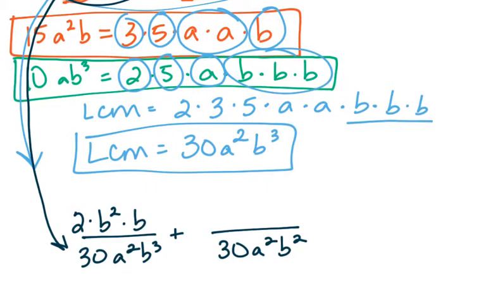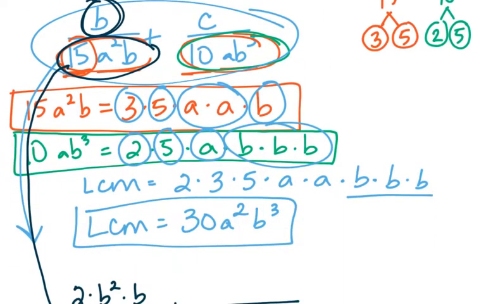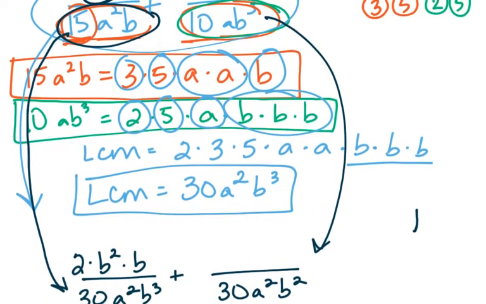So I'm going to make this kind of a multi-step problem. Looking at the other side, scrolling up, oh sorry about all the little extra marks, I'm learning how to scroll on this. So here we started with 10ab cubed. So if we bring that back down and look at how we transformed that, 10 has to multiply by 3 to get the 30. So I'm going to have to multiply by 3 up here. The a gets an additional a to become a squared. And then the b cubed,